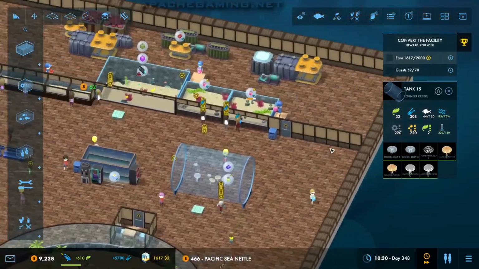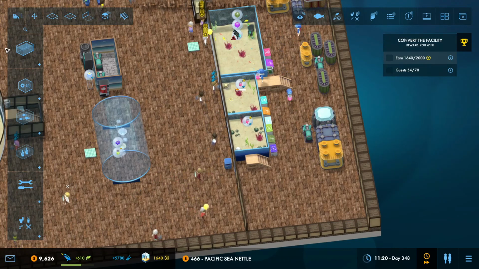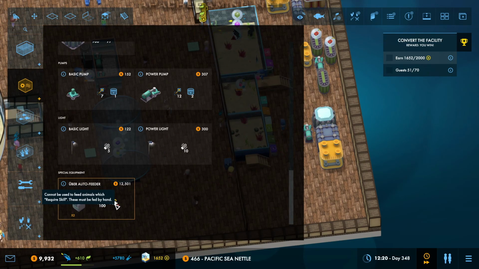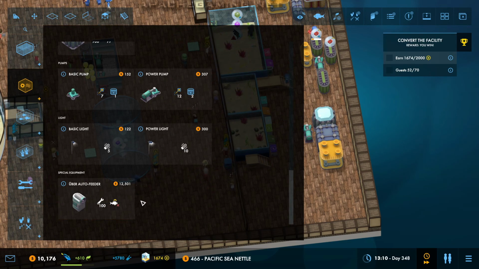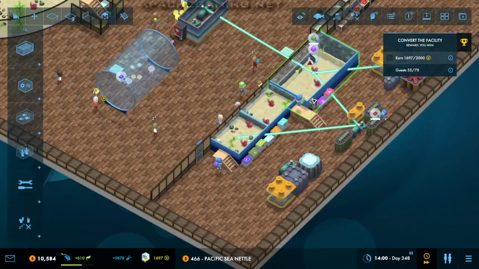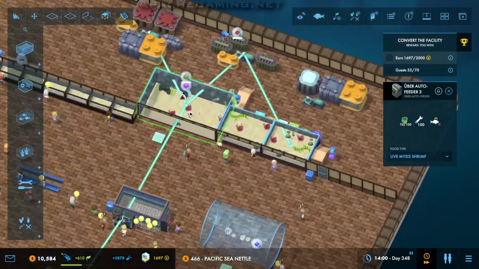I've also worked out that I did have these feeding things wrong. On the description of this Uber feeder here, it does actually say, cannot be used to feed animals which require skill, these must be fed by hand. So I've changed it over a bit. I've added one in here for the live mysis shrimp. However, this